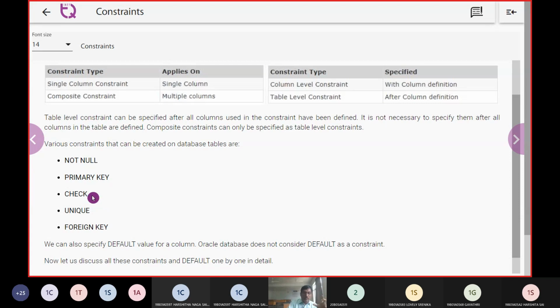We give a check. So what was the age? When we feed something into the age column, it will check the minimum value and the maximum value. So there the check is going to verify it. And unique: when I say unique, I will accept one null value. But the second time I try to accept a null value, it is thrown back. The reason is that a null was already available in the column once, and if I give a null value a second time, it won't accept it. So there the unique constraint comes into the picture.